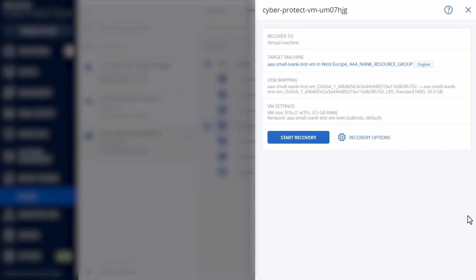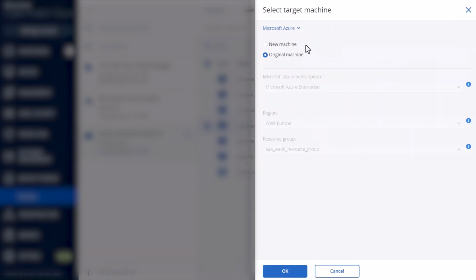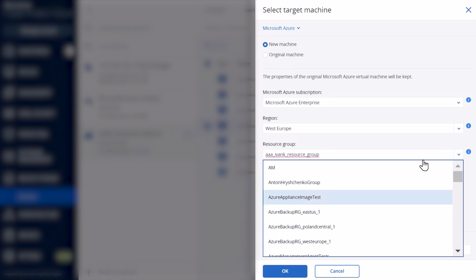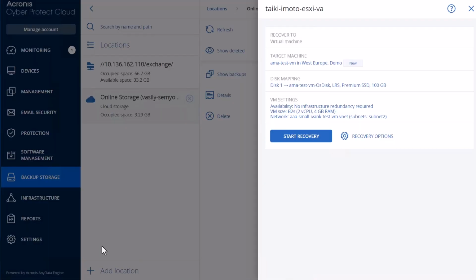Now we'll demonstrate cross-platform recovery scenario where we have a backup of a Windows system which was running on a physical machine pre-created for this demo. We will restore this physical machine backup as an Azure VM using the same simple steps as we'd used for recovery back to original machine. Here, let's choose the location for the restored virtual machine by selecting an Azure resource group. There are additional Azure-specific settings that you can configure during recovery, such as VM size, availability type, network security group